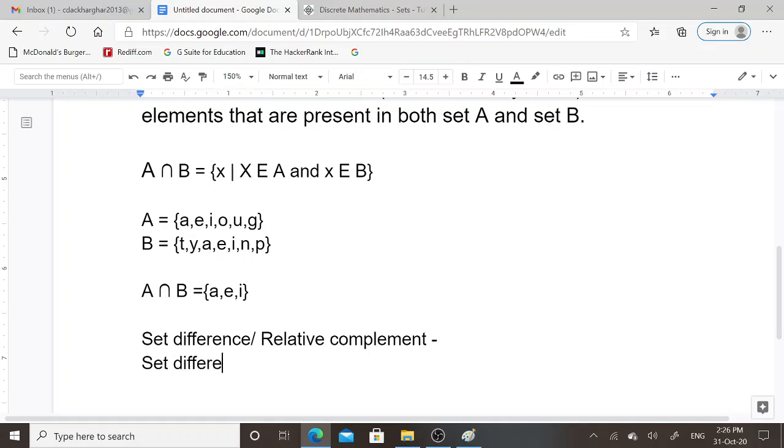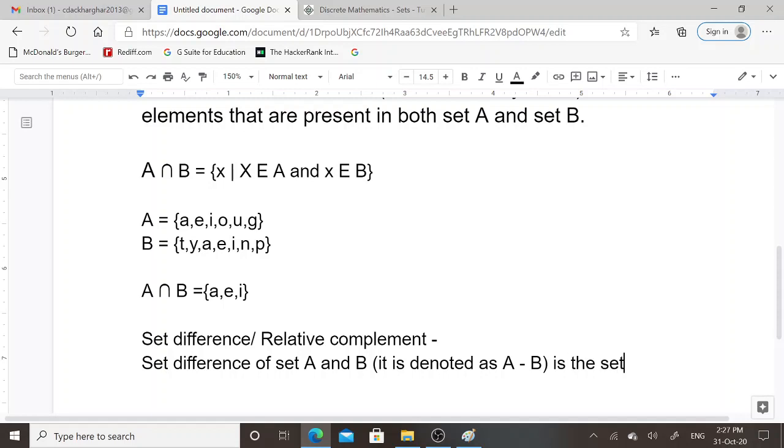Set difference of set A and B, it is denoted as A set difference B. This minus sign is represented as set difference.